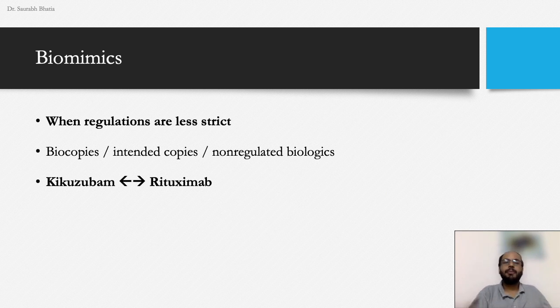Now, what are biomimics? Biomimics means that in countries where the regulations are not that strict, where your biosimilar has to be a near exact copy of the biological, you can get away with creating molecules which are, let's say, 80% the same or 70% the same. And you give them approval to be used in that country. So these violate the 15% limit that we had initially set for a biosimilar, and